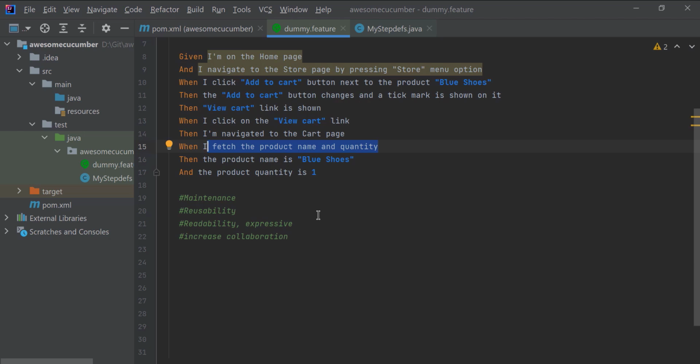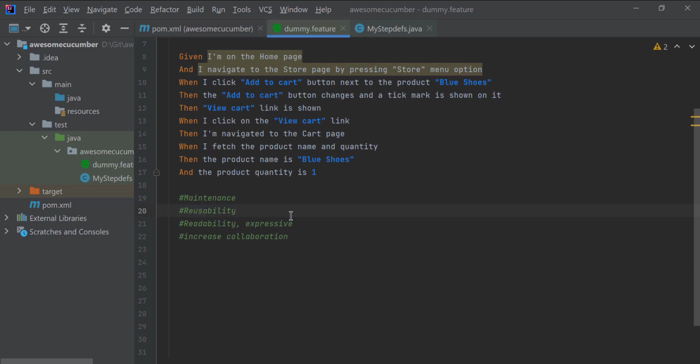I have seen a lot of people getting frustrated with Cucumber because they think these steps are unnecessary wrappers, and they feel so because they are not reusing their steps. These steps should be kept bare minimum.